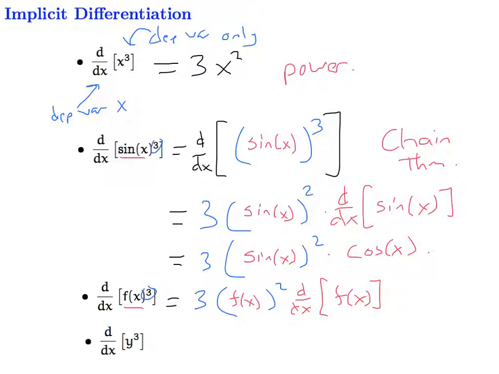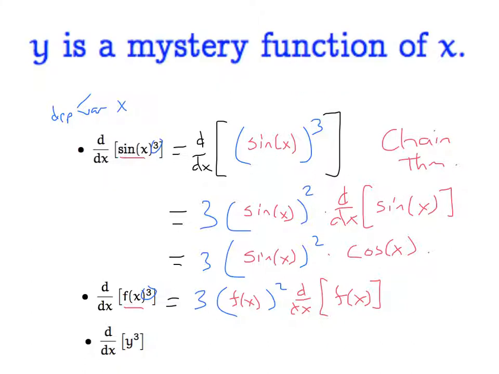Well, what about when we want to take the derivative of y cubed? So what you want to think is that y is a mystery function of x. It depends on x. It's an independent variable here. So we can't quite take its derivative, but we can if we just follow this idea of the chain theorem. The chain theorem again says now y is our inside function, cubed is our outside function, so when we take the derivative, we write 3, leave the insides alone, which is y,